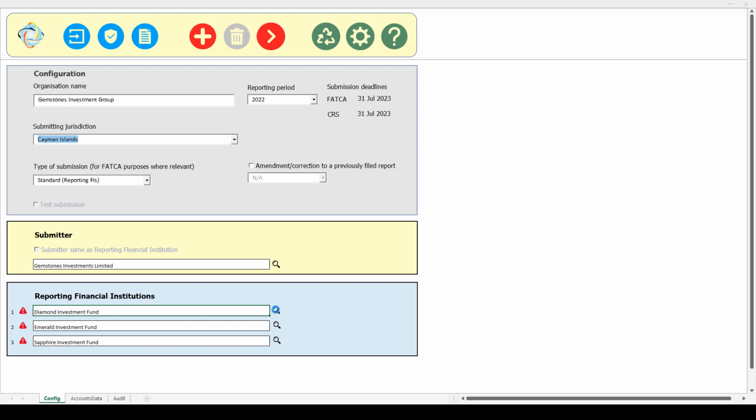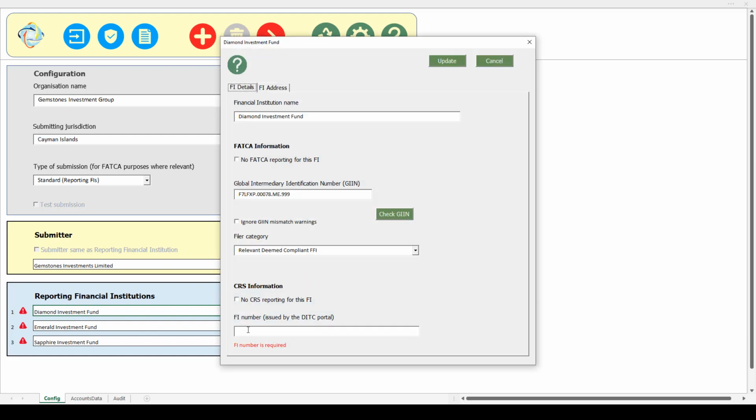If I click on one of these FIs, I can see on here it's an FI number that's required. Note on this FI screen the same general enhancements that I mentioned before on the About AOI version, the tooltips, the updated clarity on the buttons.